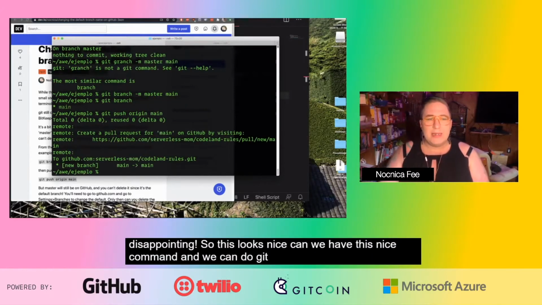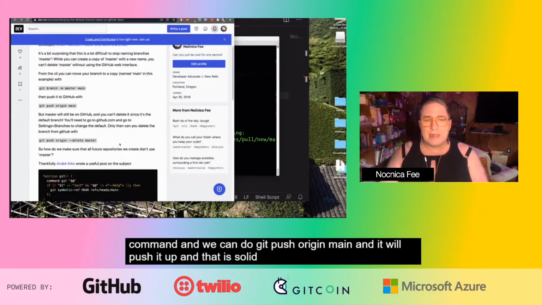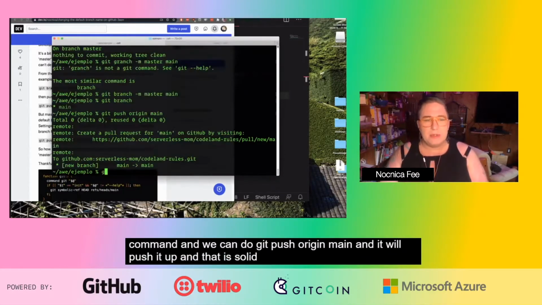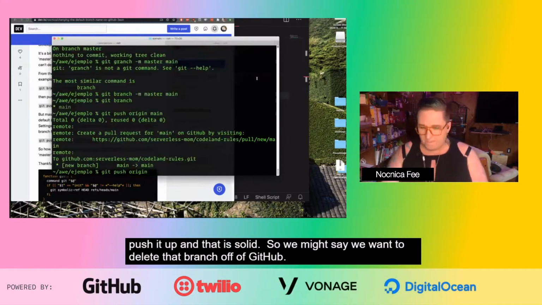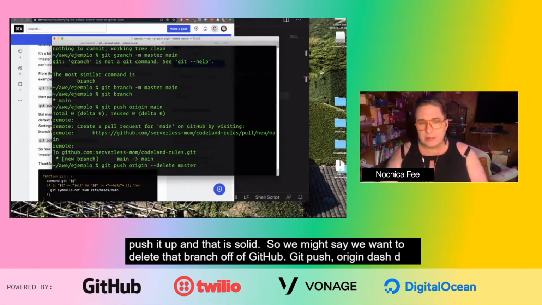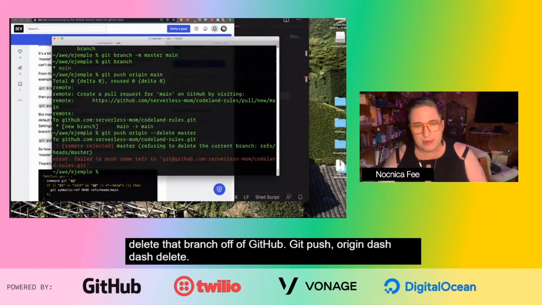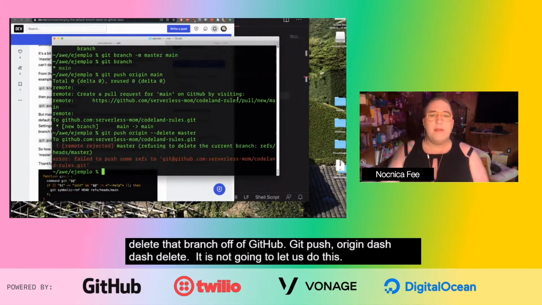So what might be nice is we want to say, okay, but let's delete that branch off of GitHub. Let's do git push origin --delete. But it's not going to let us do this. Or if it does, boy, my demonstration isn't going to be perfect. Yeah, it's going to fail because that branch is the default branch, and so it's not going to let us